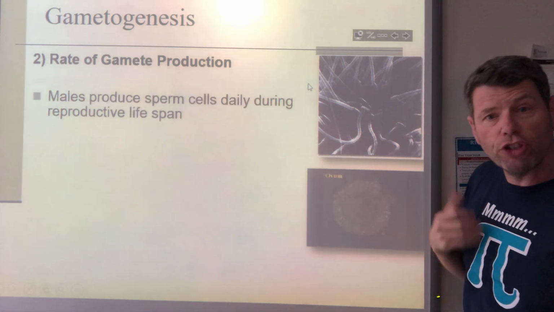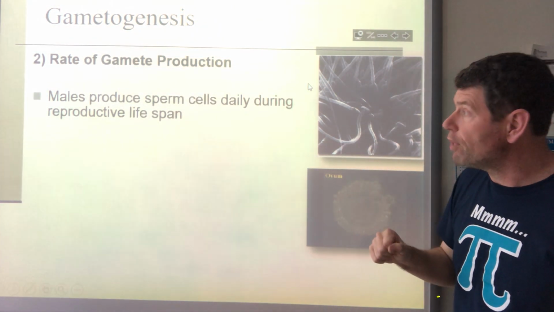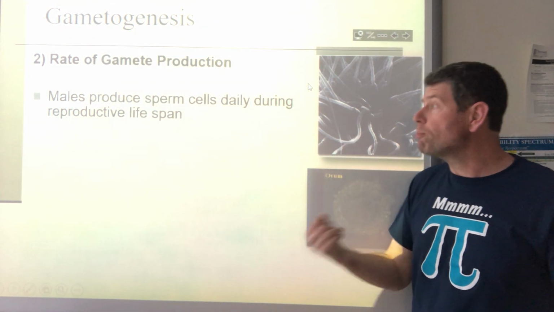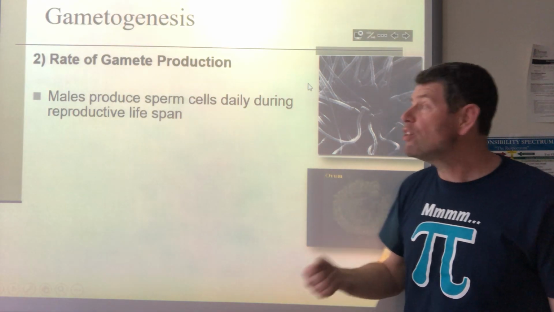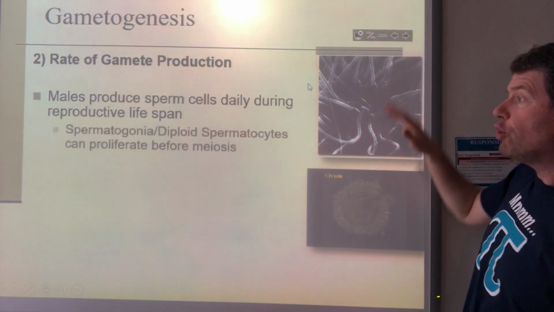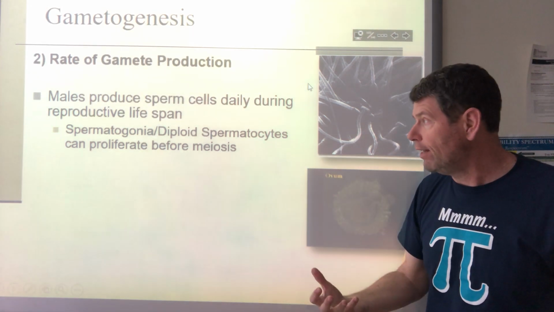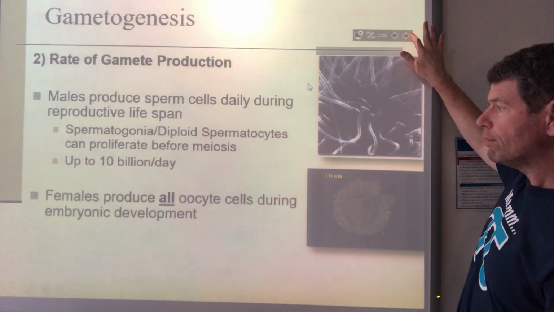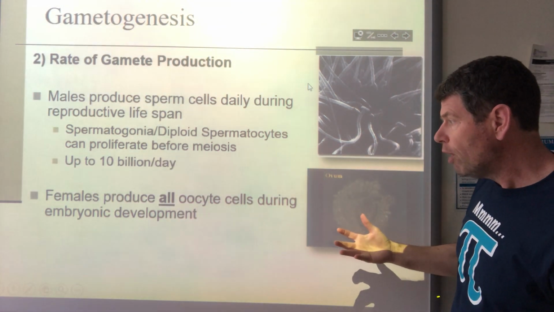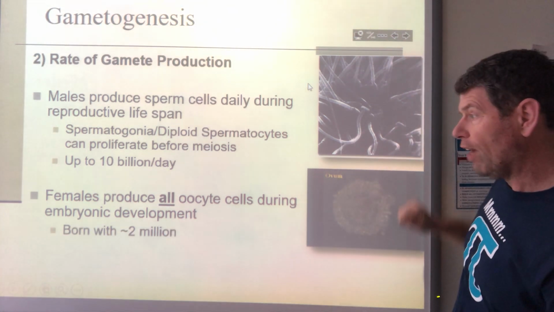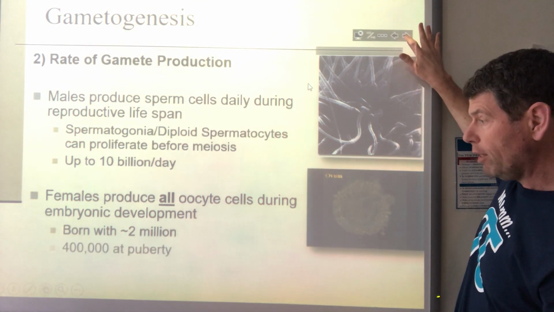Now, moving on to number 2, the second difference is gamete production. We know that males are producing sperm cells daily, hundreds of thousands of them, and during our whole reproductive lifespan. Whereas females produce all of their oocyte cells during embryonic development,